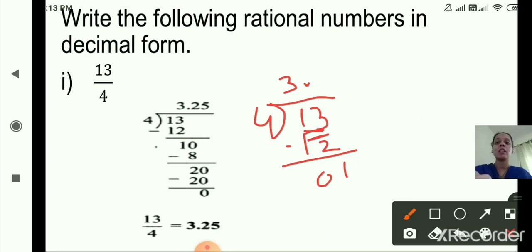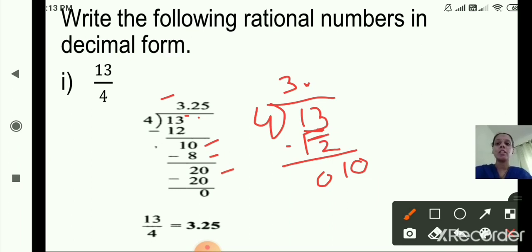As we are writing the decimal point here, we'll add a 0, so it becomes 10. Here it is 3, and as I have written the decimal point, we add 0, that is 10 now. Now here it is 10, here it is 4. How will we divide 10 by 4? 4 2s are 8, right? Now 10 minus 8 is 2. Again 2 is not divisible by 4.